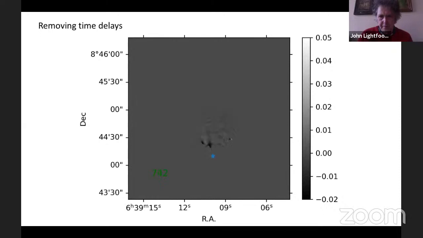Like there. And the whole nebula is getting brighter and darker in synchrony with itself, because the time delay has been taken out. So it's showing the variability of the star at the center of the whole thing.